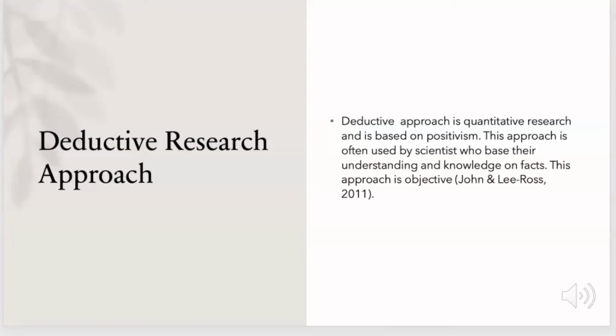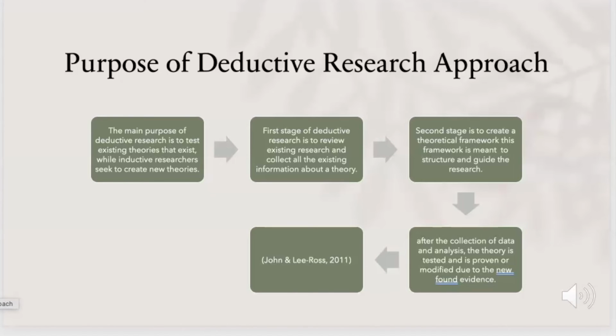Deductive research. Deductive research approach is a quantitative research and is based on positivism. This approach is often used by scientists who base their understanding and knowledge on facts. This approach is objective. Purpose of deductive research approach. The main purpose of deductive research is to test existing theories, while inductive research seeks to create new